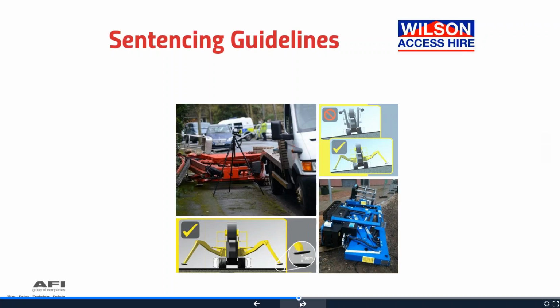If you look on vertical, you'll see the picture and you'll be able to read the statement. I think the director's just got a custodial sentence for that and a fine. It's essential when we are specifying our guys potentially for loading and unloading that these people are trained in this duty. They must be trained to load and unload. Again, whoever you hire your machines from, you would expect that they are trained in loading and unloading. So make sure they have got the load and unload qualifications, because they're doing it on your site